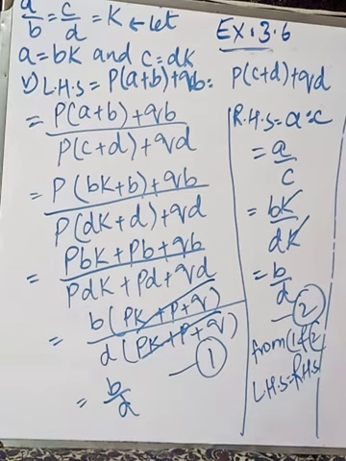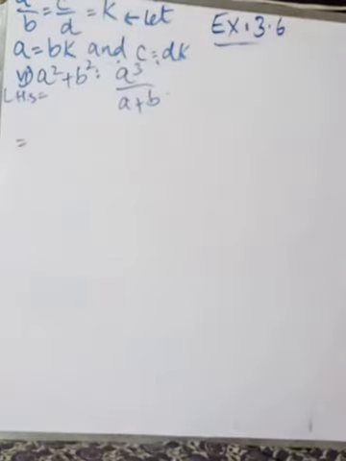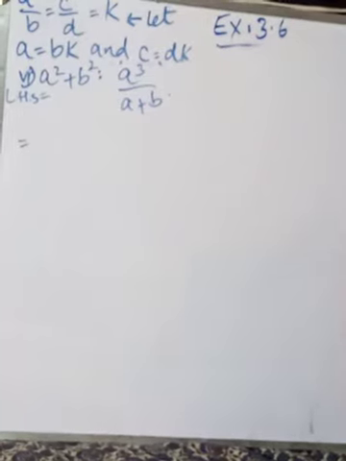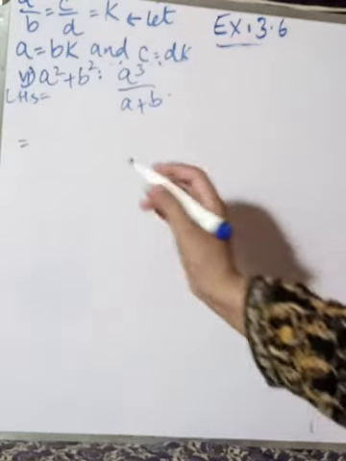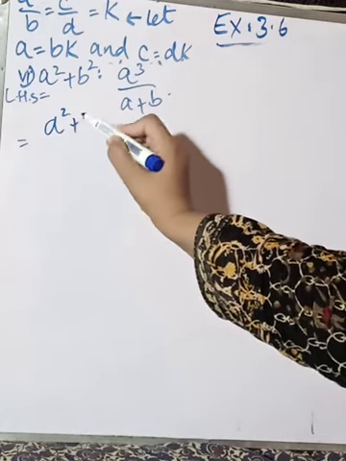Okay, fine. Moving towards the part number 6. Okay ji, welcome back, and we will start from the question number 6. Question number 1, part number 6 there. In the question what we need to have, we have the a square plus b square ratio, a cube divided by a plus b. So we are going to write it, but ये fraction of a fraction है, so इसलिए I am going to write it in the form of a division.